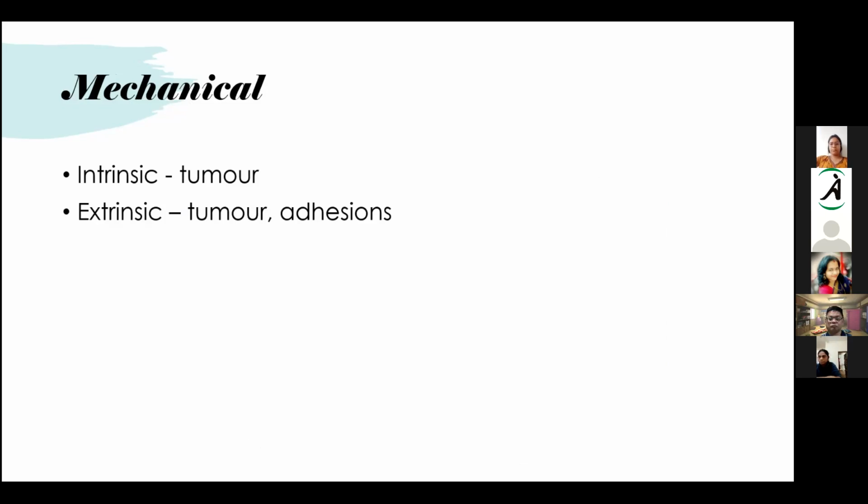It can be either something inside the bowel, like an intrinsic tumor, a tumor that has developed in the intestinal wall and is projecting into the lumen and blocking the forward flow of the content. So that is an intrinsic obstruction. Extrinsic is basically something that is outside the bowel. For example, there can be a mass lying outside the bowel, compressing the bowel and causing obstruction. Or it can be an adhesion, especially post-surgery, where there is an abnormal connection between two organs, like bowel and some adjacent organs, around which the bowel can twist, kink, etc., which can cause an obstruction. So it can be either intrinsic or extrinsic.